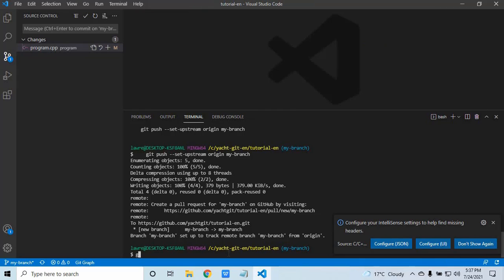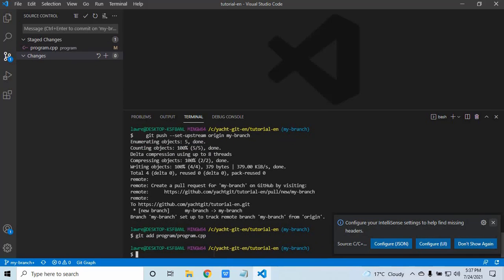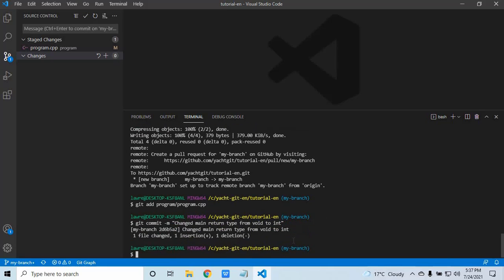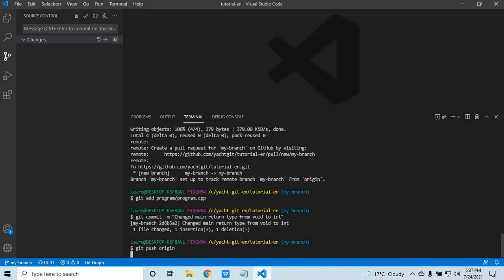Let's commit the changes, git add, and in this case program.cpp. We want to add that file to the staging area. Now let's git commit -m and "changed main return type from void to int". We committed the changes, and now let's git push origin,